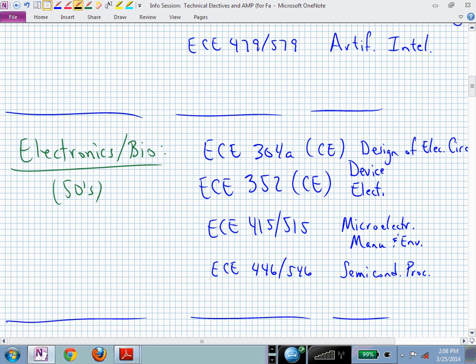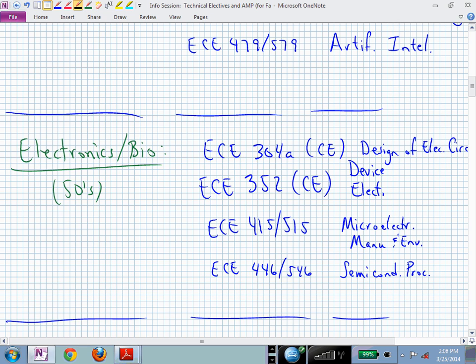352 is device electronics, Schrodinger's equation, maybe some quantum mechanics, or at least trying to understand quantum mechanics. ECE 352, you could take that as a technical elective if you're in the computer engineering option. 415 is microelectronic manufacturing and environmental issues. I'm not sure that I'm getting the title right, but these classes are actually